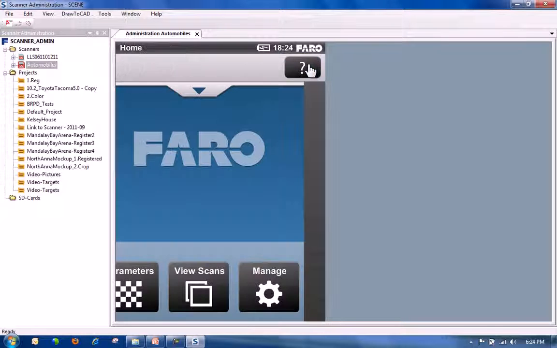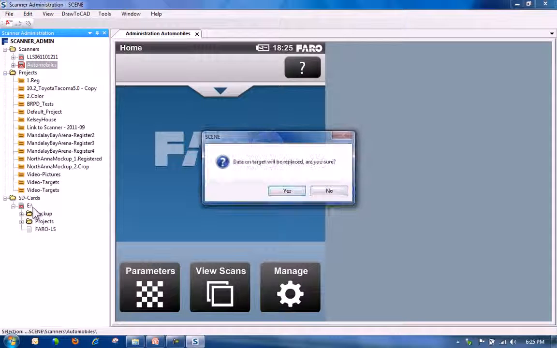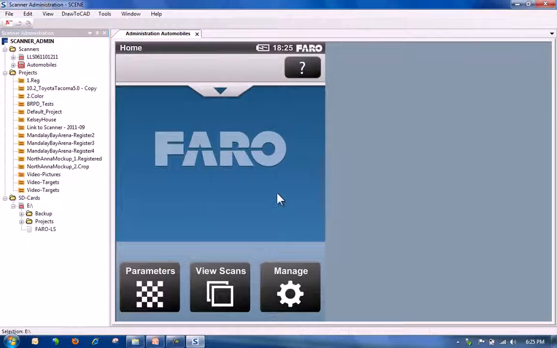Once I have finalized making all of the changes that I wish to apply to the snapshot, to apply the snapshot to the Focus 3D, I will need an SD card. So once I insert an SD card into my laptop or my computer, all I have to do is drag and drop the snapshot onto the SD card. I will be prompted that the data on the target will be replaced, and if I am sure. By selecting Yes, all of the settings that were applied to this snapshot will now be found on this SD card,